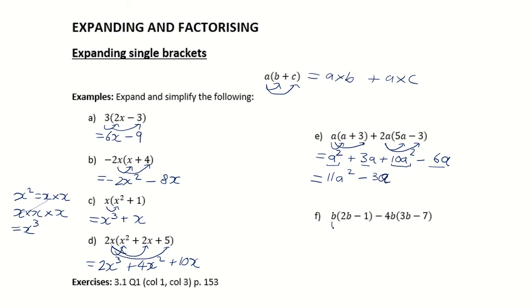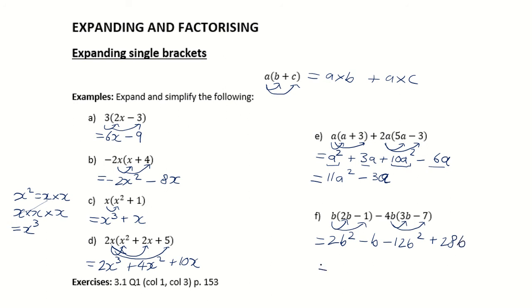And finally, b times 2b will be 2b squared. B times b is just b squared. And then b times -1 will give us -b. -4b multiplied by 3b, well, -4 times 3 is -12, and b times b is b squared. Finally, we've got -4b times -7. So -4 times -7 is +28, and just b,